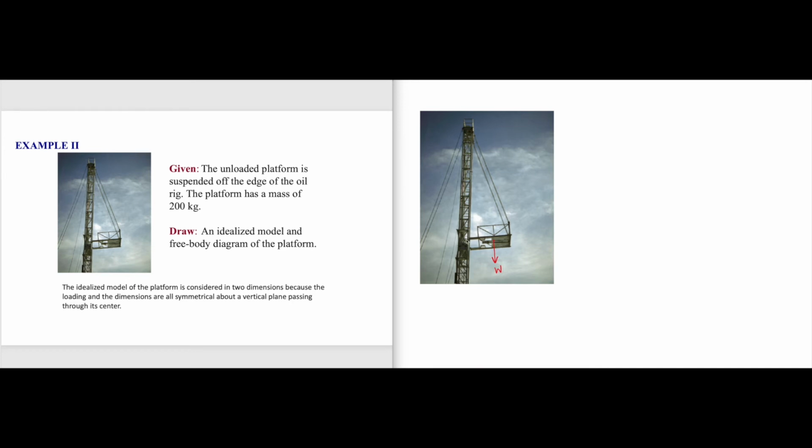Isn't there a joint here? And let's call this a pin joint. There are two pin joints, a pin joint there and a pin joint here. And also there are two ropes, a rope attached there and a rope attached here. So we can treat this as a 3D problem or a 2D problem because of symmetry. The way we can draw this is we can treat this to be